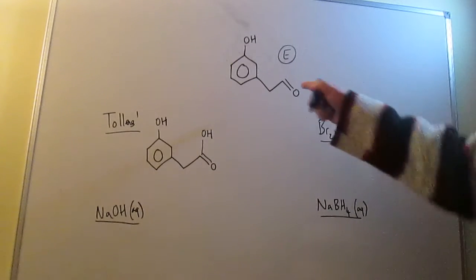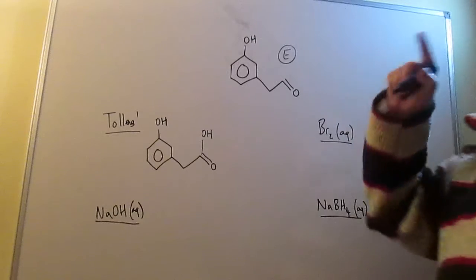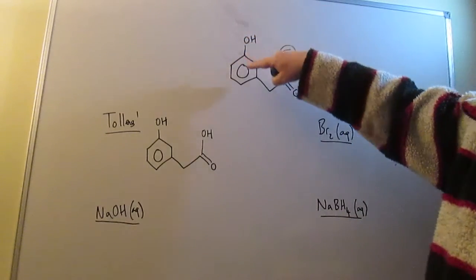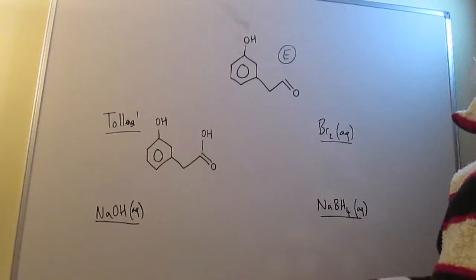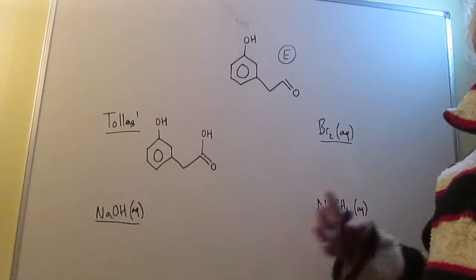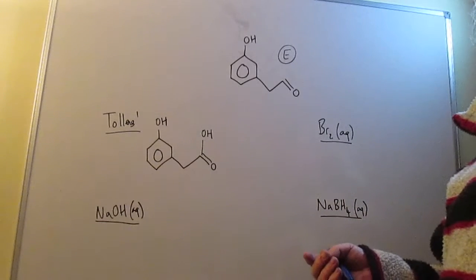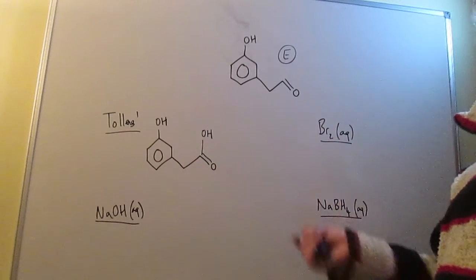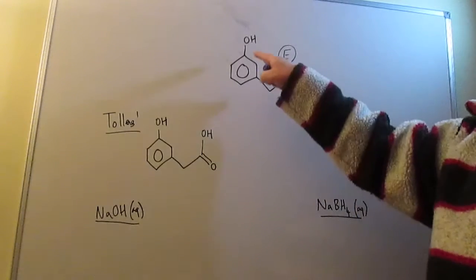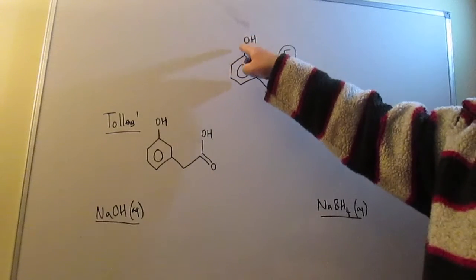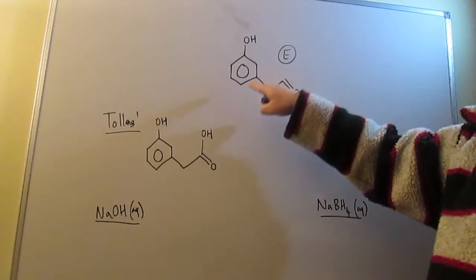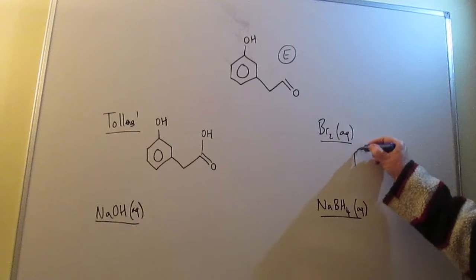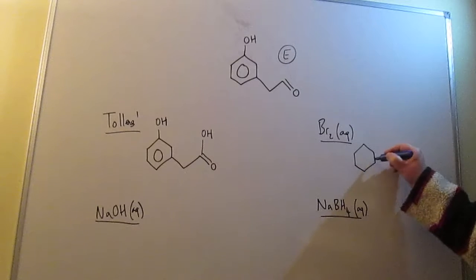Bromine, aldehyde's not interested, but the phenol group is, because the OH group, lone pair on the oxygen, delocalized into the ring, increases the electron density and therefore activates the ring for electrophilic substitution. And what you have to remember is that because the ring is now activated, it's liable to react more than once, and activating groups, electron releasing groups like OH, direct to 2, 4 and 6. So you're going to get not just one but 3 substitutions, and so you're going to get this compound with